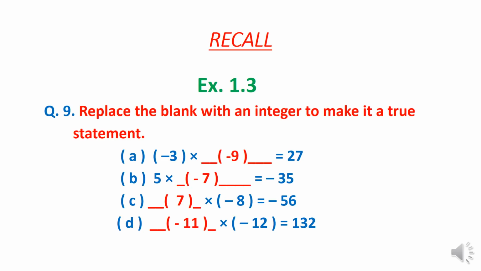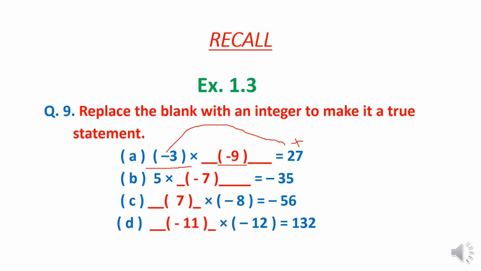Here the first number is minus 3 and its answer is given as 27. The answer is positive. As you see, minus multiplied by minus will also give a positive answer. So this is definite that a minus integer will give the answer plus. If you count the table of 3, it will become 9 times. 3 9s are 27, but the sign will be minus there, because minus and minus will make only plus. So the required integer is minus 9.